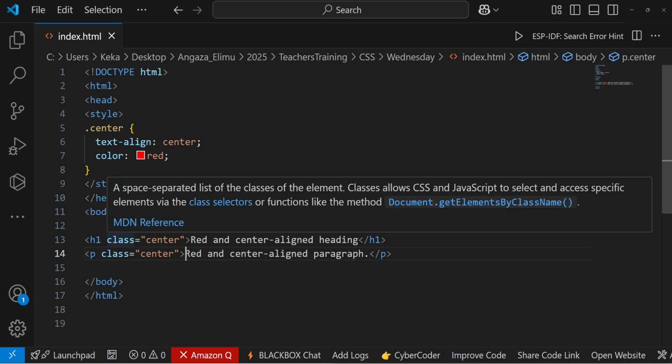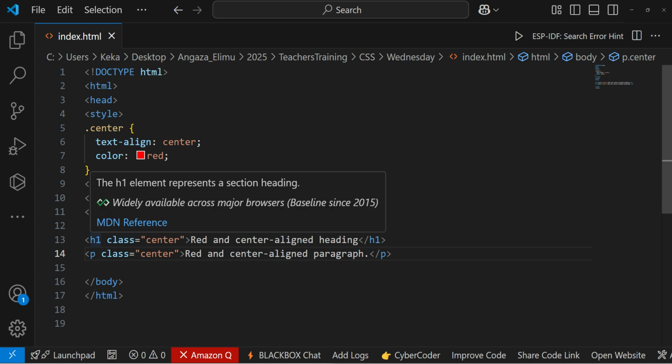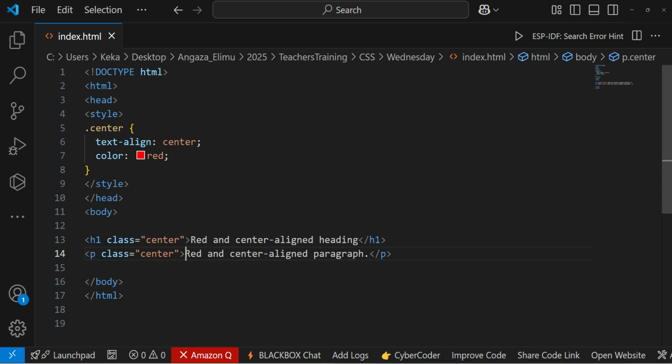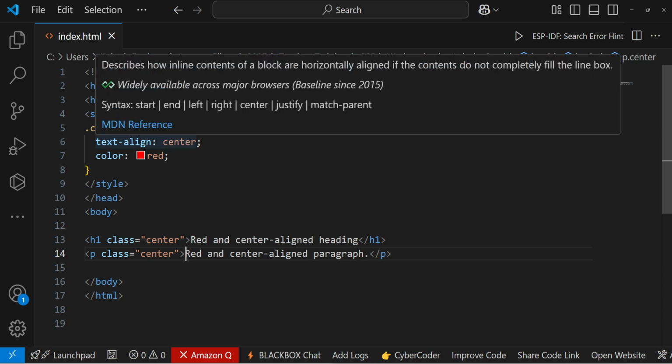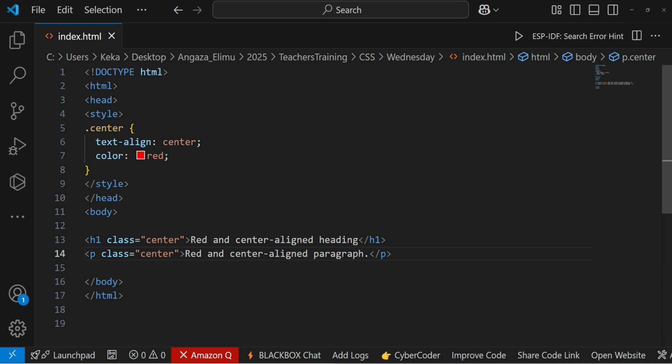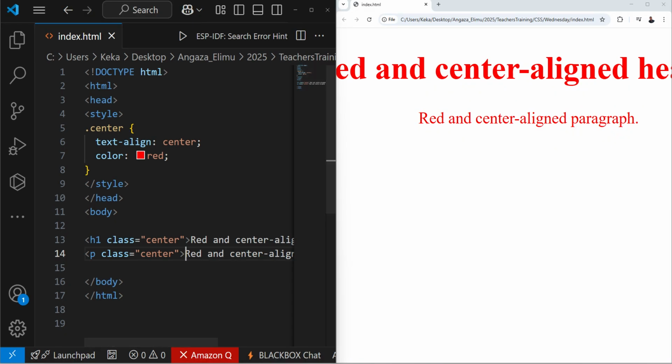For instance, if you wanted to make the H1 and the P tag red in color, then putting the one class attribute of center will make everything red. That is what you're seeing on the screen. The H1 element is red in color, and the P element here is also red in color. That's how we use the class selector,